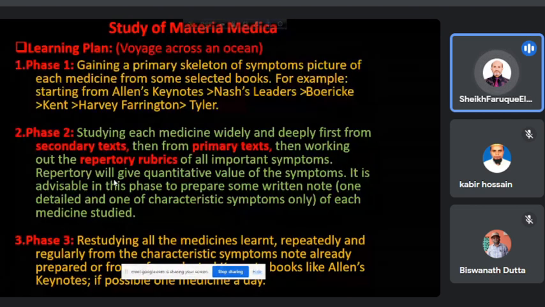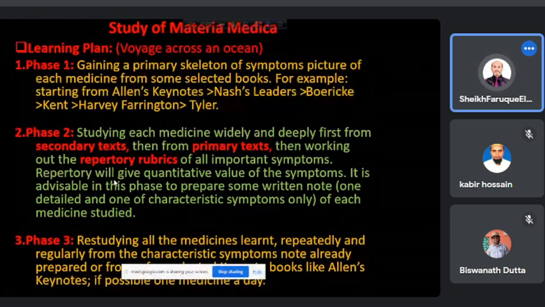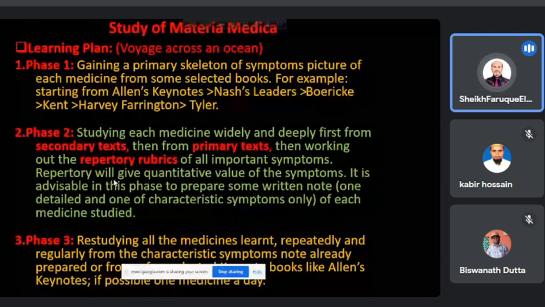So I hope this will help you on how to study materia medica. I told you materia medica is like an ocean or sea. So you must have a good strategy, advice from the seniors, from the stalwarts, on how to study and how to retain the information in your head, in your mind,